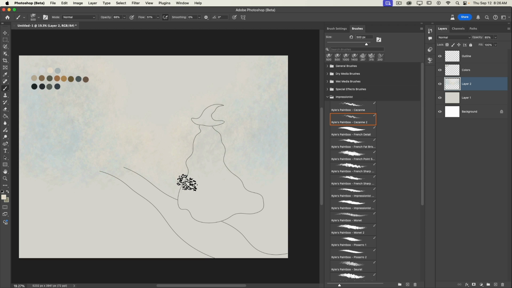Next step will be, I will create a new empty layer above our current layer. I will increase the opacity of my brush to 100%, and also I will increase the flow to about 78%. I will make the size of my brush slightly bigger, and I will add a few splashes of a brighter yellow color, just like that. Now we have the illusion of